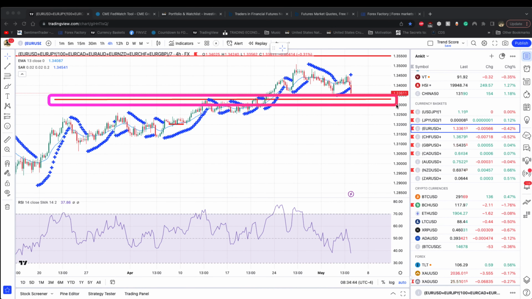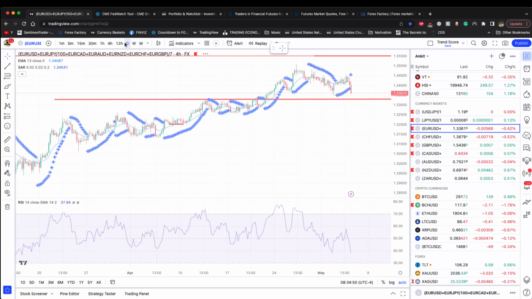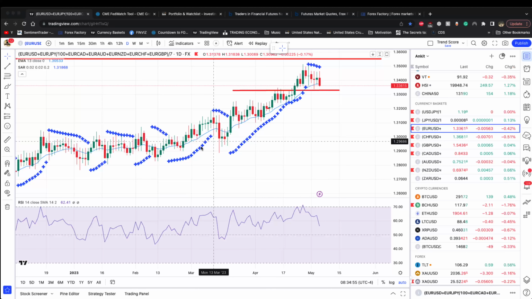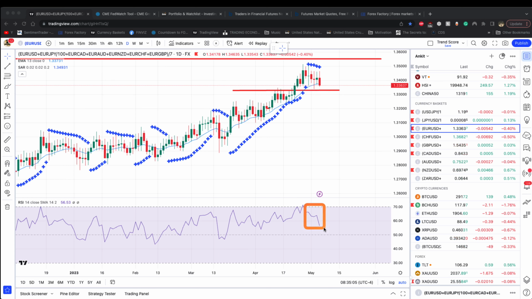So here's the gray line here. We have this prior resistance, which is now the support. If it can fall below the support, I won't hesitate to pull a short on this one. You can see that we have this moving average here, the 13-day exponential moving average, and it shows like it wants to break lower. RSI is dropping. We have the parabolic SAR going negative. So the technicals are turning a little bit bearish here.